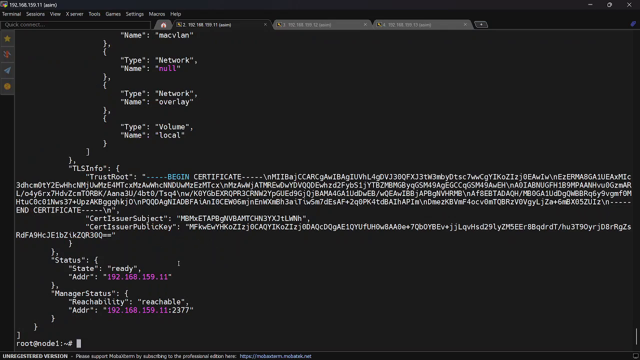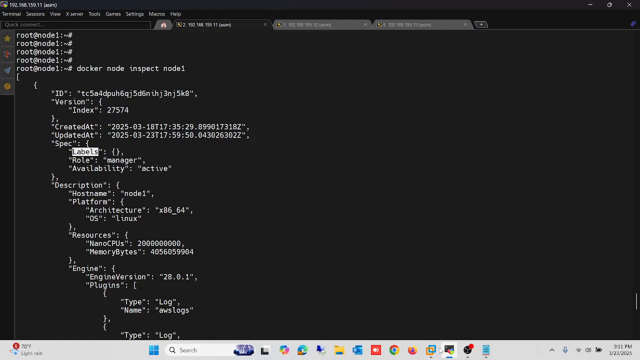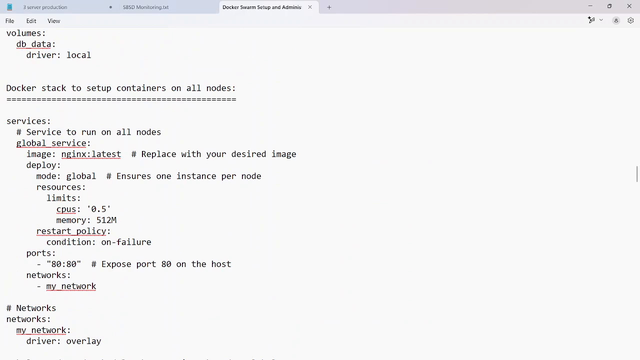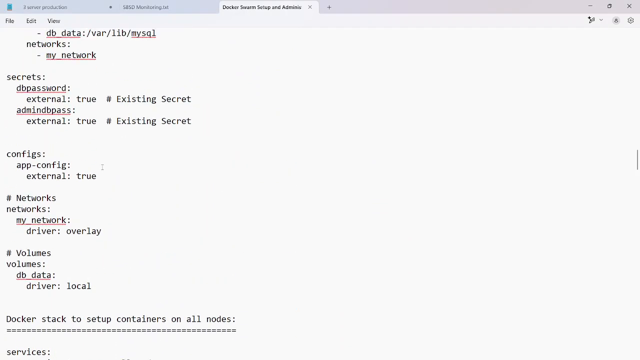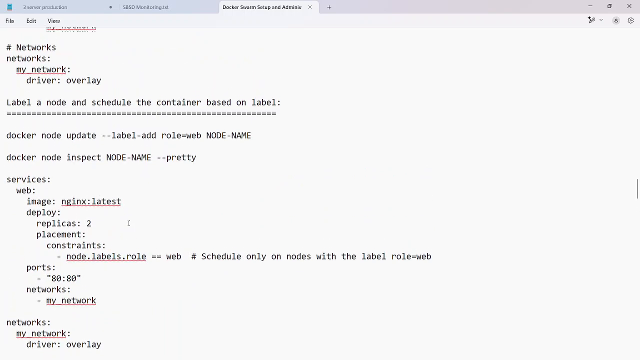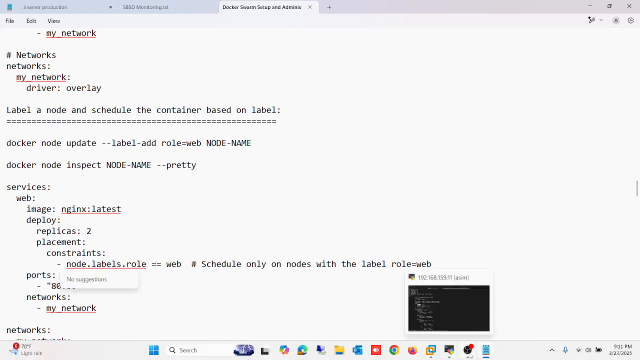So here you can see these are all the constraints related to this node. For example, you can say node.specs.labels. Right now there is no label. So I use node.specs.labels. If I show you again, based on the label, yes, node labels.role. So here,